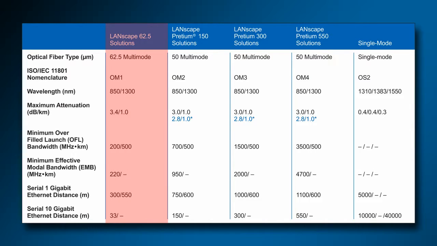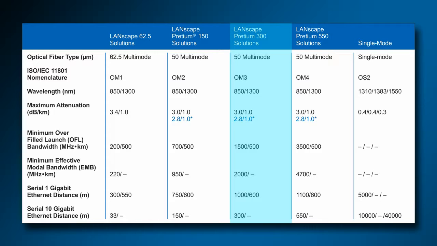62.5 micron or OM1 fiber has been around for a while. It can only carry serial 1 gigabit Ethernet for 300 meters at 850 nanometer wavelength and 550 meters at the 1300 nanometer wavelength. Likewise, Corning Cable Systems OM3 fiber can not only do the same for more than triple the